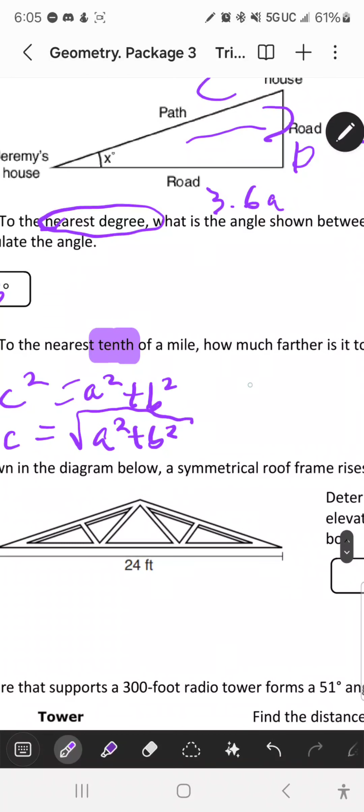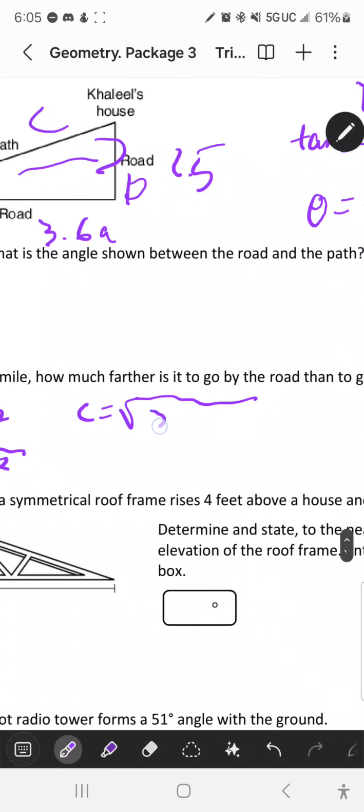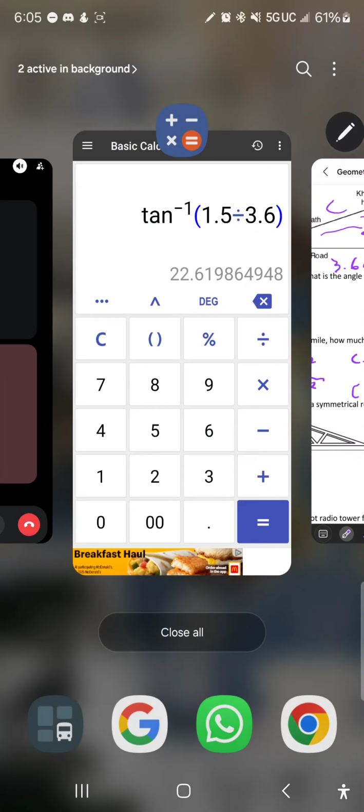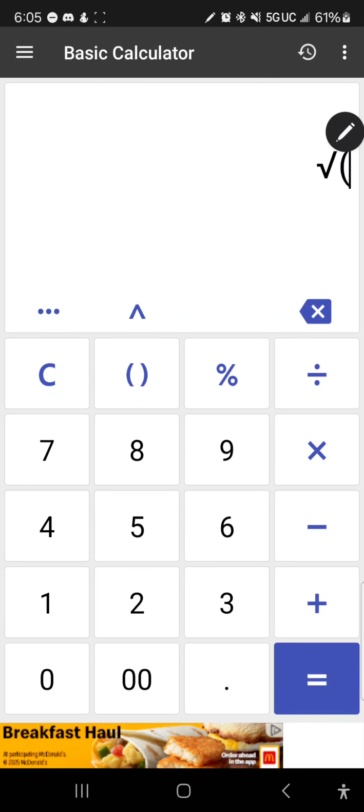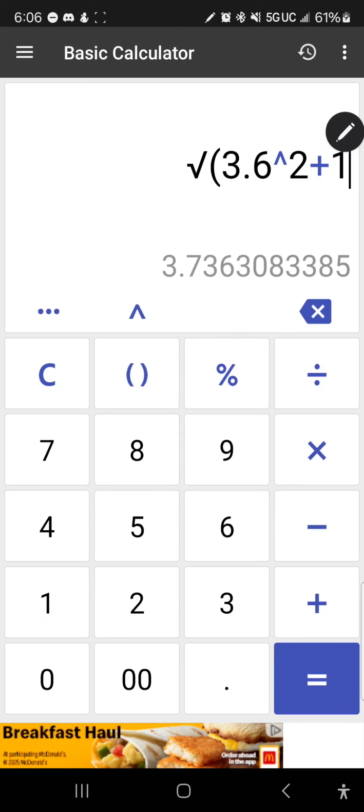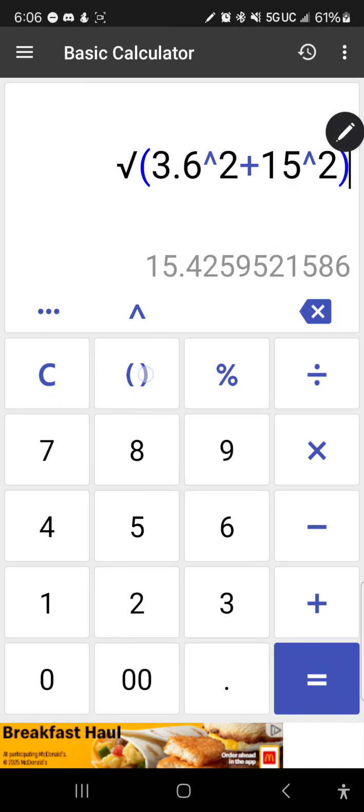Now I just substitute the values: square root of 3.6 squared plus 1.5 squared. I go to my calculator and put 3.6 squared plus 1.5 squared,